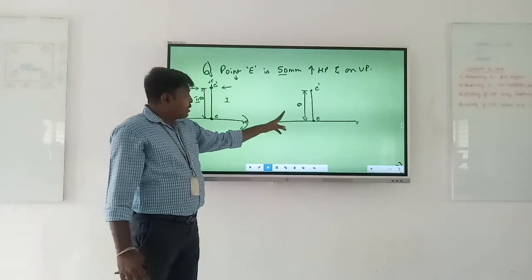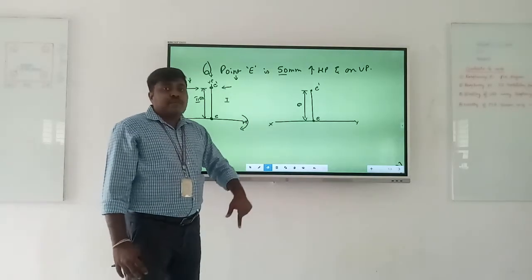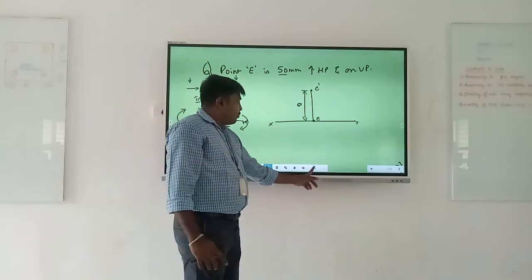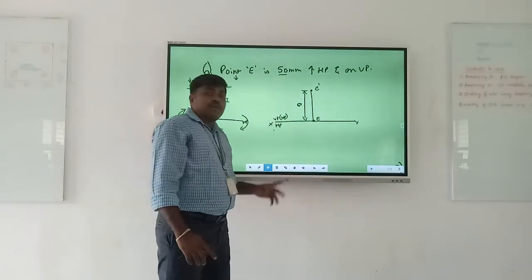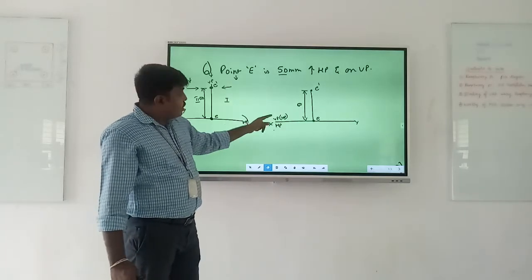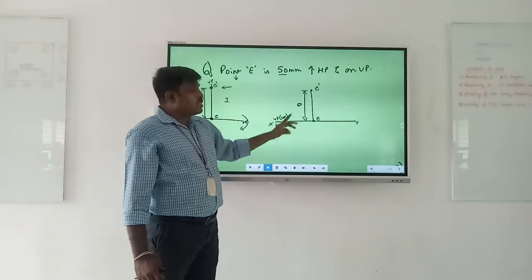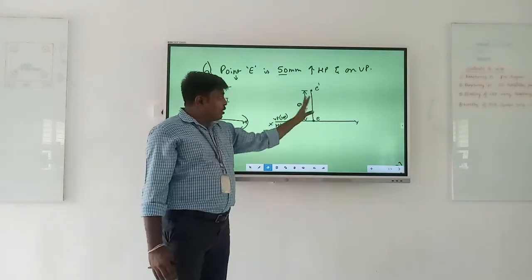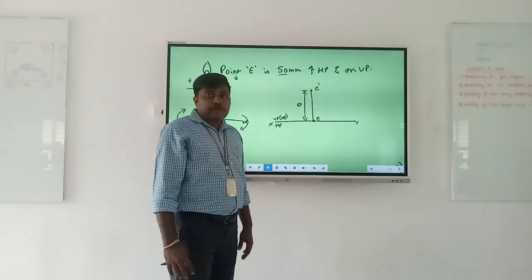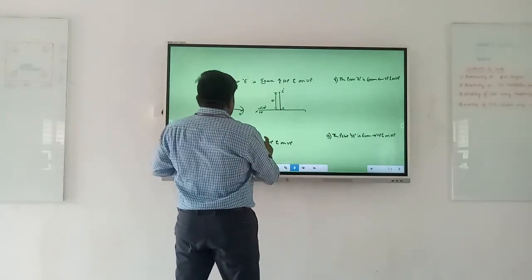Sharing quadrant, better not to write any VP HP anywhere on the line. Still, if you want to write VP HP, then it's better you write it both like this. VP above the line, HP below the line says it's first quadrant. VP above the line, HP above the line says it as a second quadrant. Since the answer is being shared by both first and second quadrant, you have to write it like this. Okay? Wait. Now, coming to the next problem.